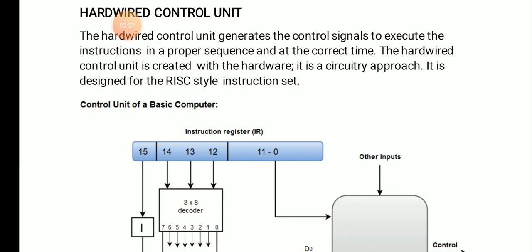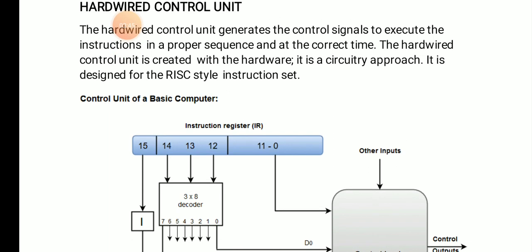So at the correct time, you have to execute the instruction in a proper sequence. The hardwired control unit is created with hardware. It is first of all a circuitry approach. It is designed for the RISC style instruction set, that is the reduced instruction set computer.